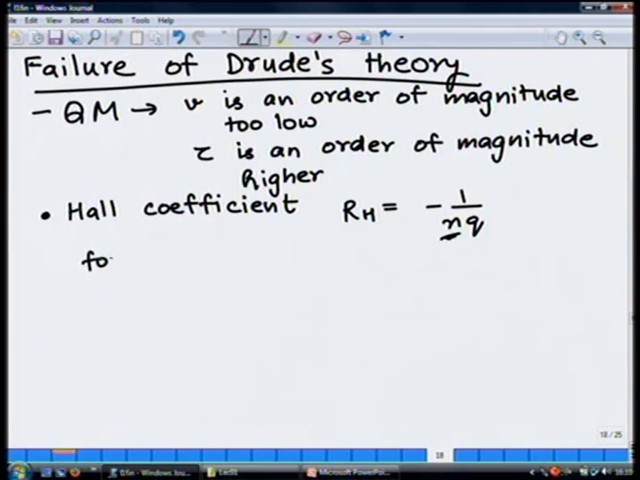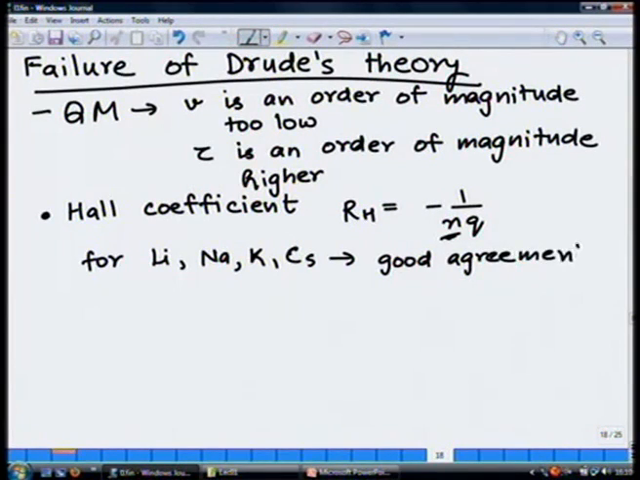What we find is that for lithium, sodium, potassium, cesium, there is good agreement with measurements. That means you calculate RH based on n. I have shown you the calculation for n. You calculate n for lithium, sodium, potassium, cesium, etc., substitute in there, and calculate what RH is. You also measure RH through Hall measurement, and of course you will find that there is a very good agreement between the theory and measurement,